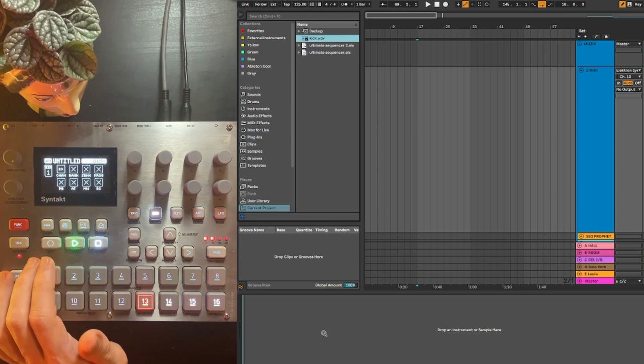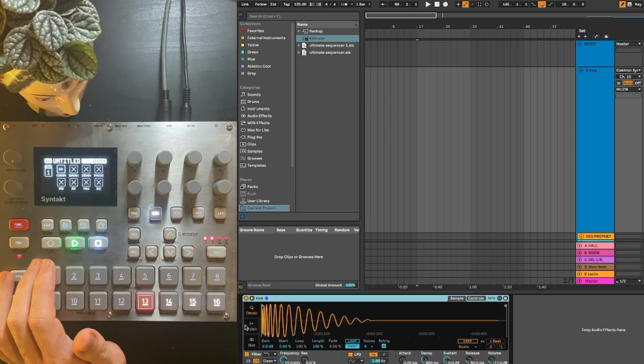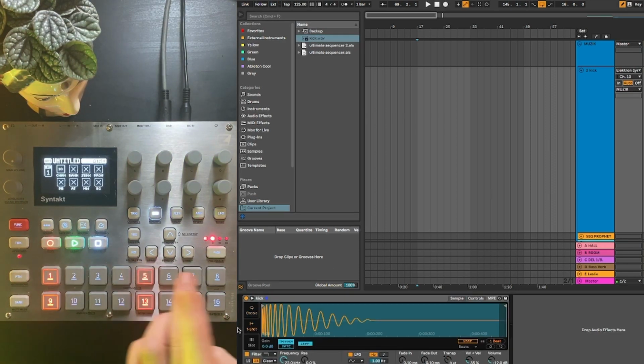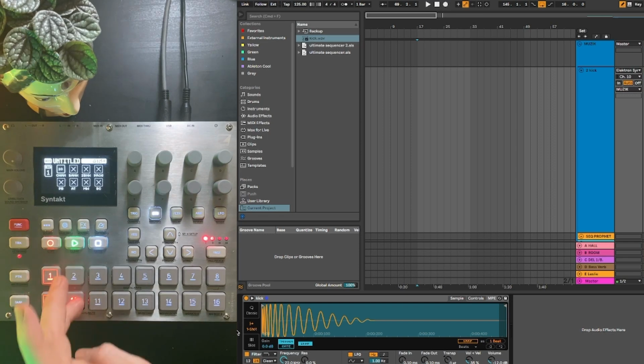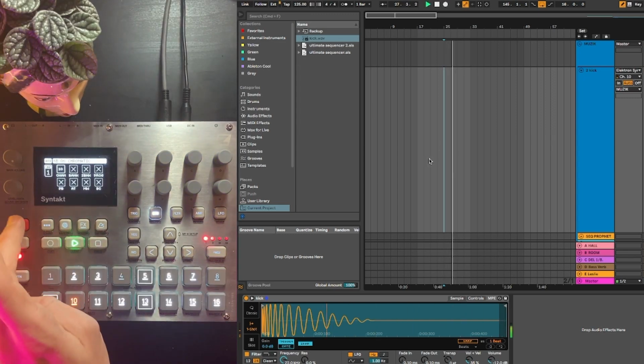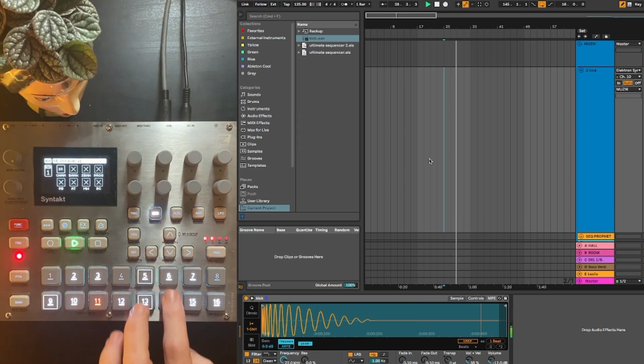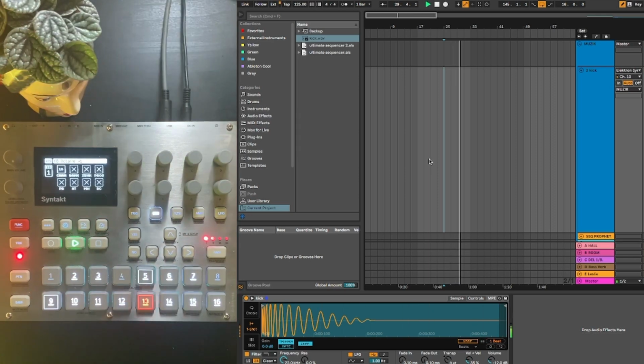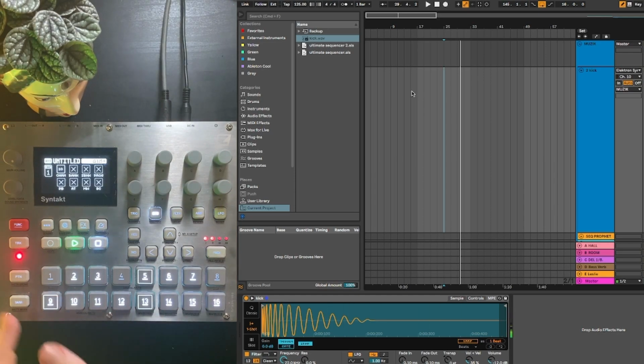Then we drop a kick here, put it in one shot, and then record the usual four on the floor, and we can start the transport from Ableton and get the kick, or we can even play the kick. Okay, cool, we have now a kick and we can control it via the Syntakt, but I want to control